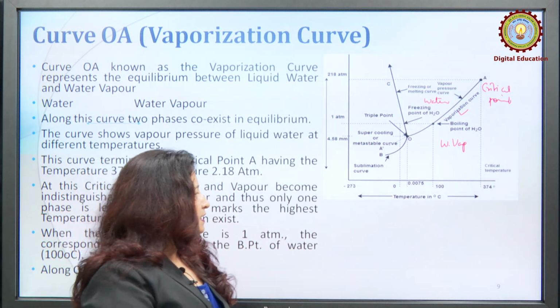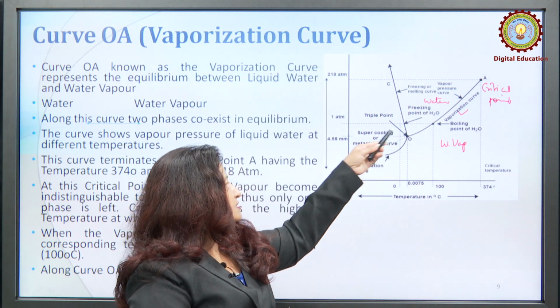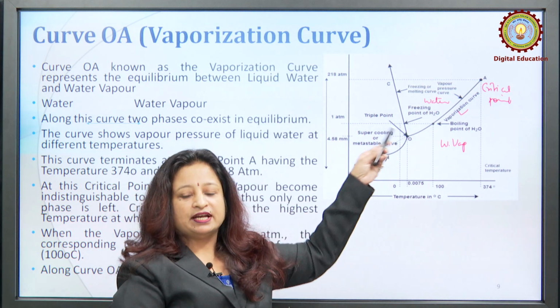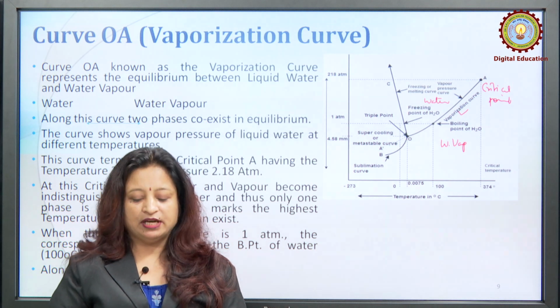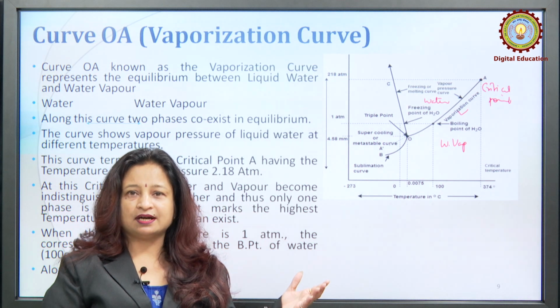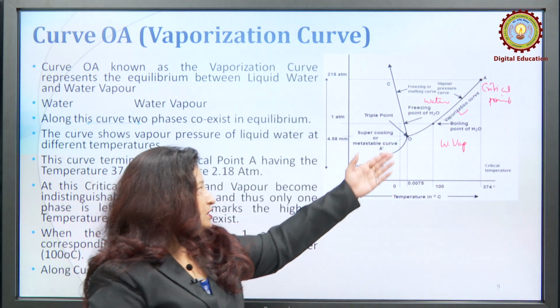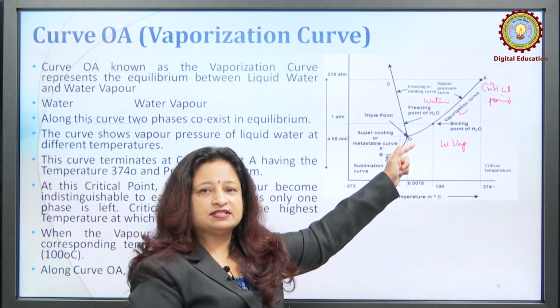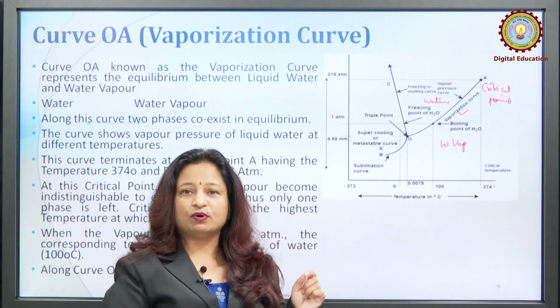Also, you can see that this is the temperature 100 degrees centigrade and this is the pressure 1 atmosphere. So, at 1 atmospheric pressure, the corresponding temperature is the boiling point of water, which is 100 degree centigrade. So, along this curve you can finally say that the number of phases is 2. This curve represents 2 phases in equilibrium, number of phases is 2, number of components is 1 only, and